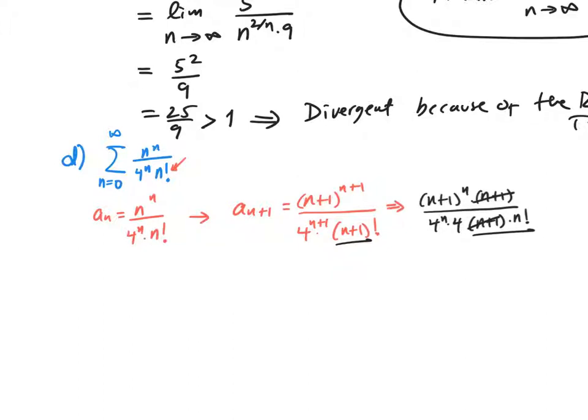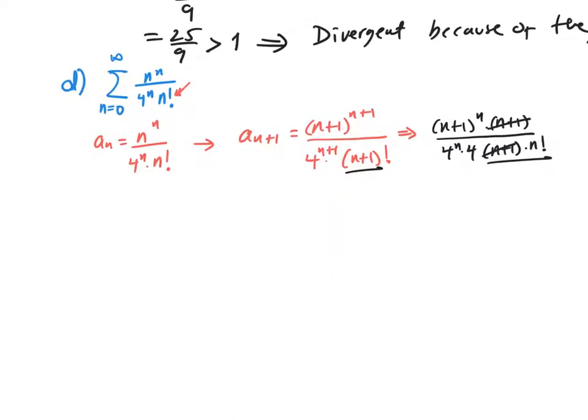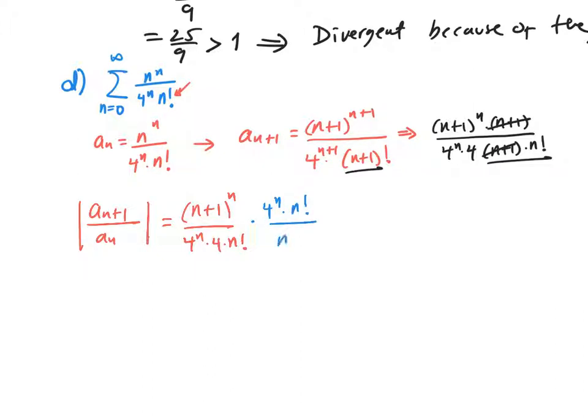Now let's take the ratio, and remember the ratio test, you had to divide these two, take the absolute value, which in this case is not necessary. We have (n plus 1) to the n over 4n times 4 times n factorial, that's a of n plus 1, times a to the n, which will be 4 to the n factorial, n to the n. The n factorial cancels this, 4 to the n cancels this, so you end up with 1/4